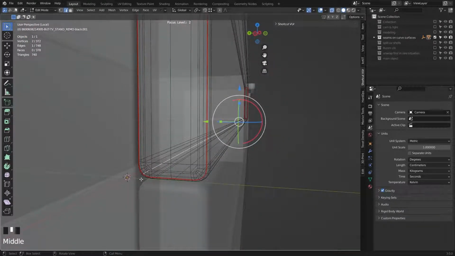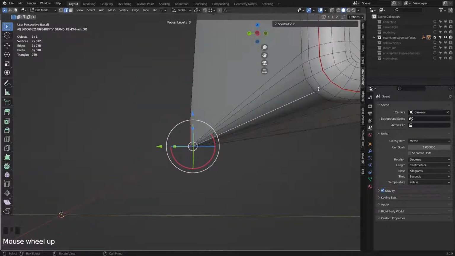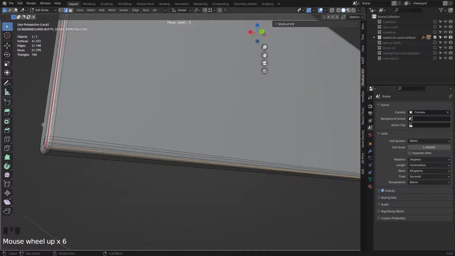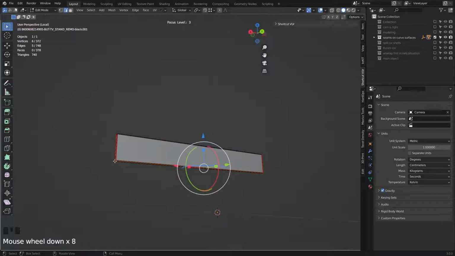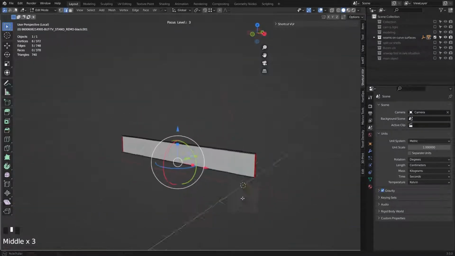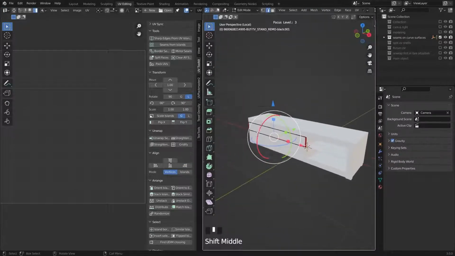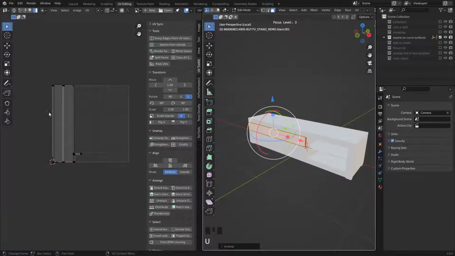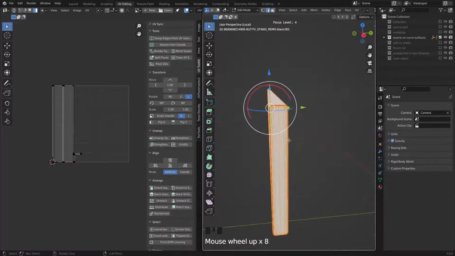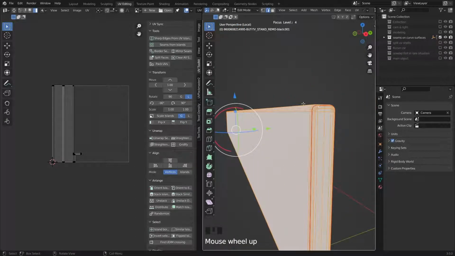Okay, this edge, isolate it. Let's see here, pick this one, pick this one, pick this one and this one, and put a seam here. And if I go to UV editing, select all the faces, hit U and unwrap, you can see it unwrapped correctly. If you look at the seams, the seams are in a place where they are really hard to see by the viewer.